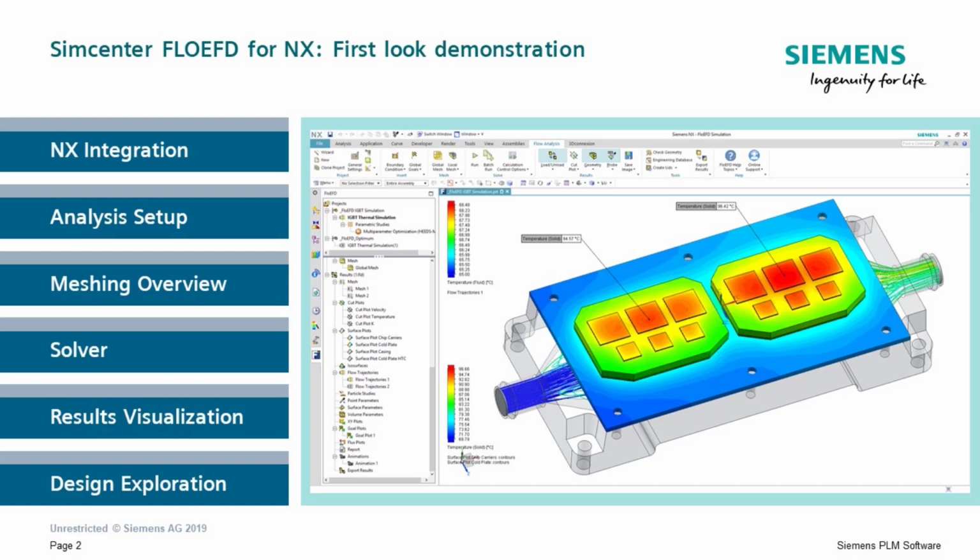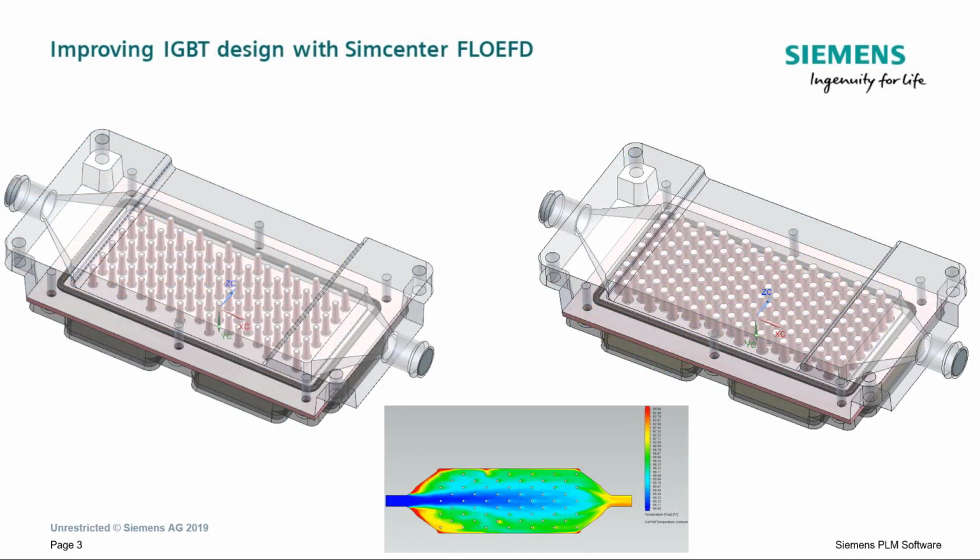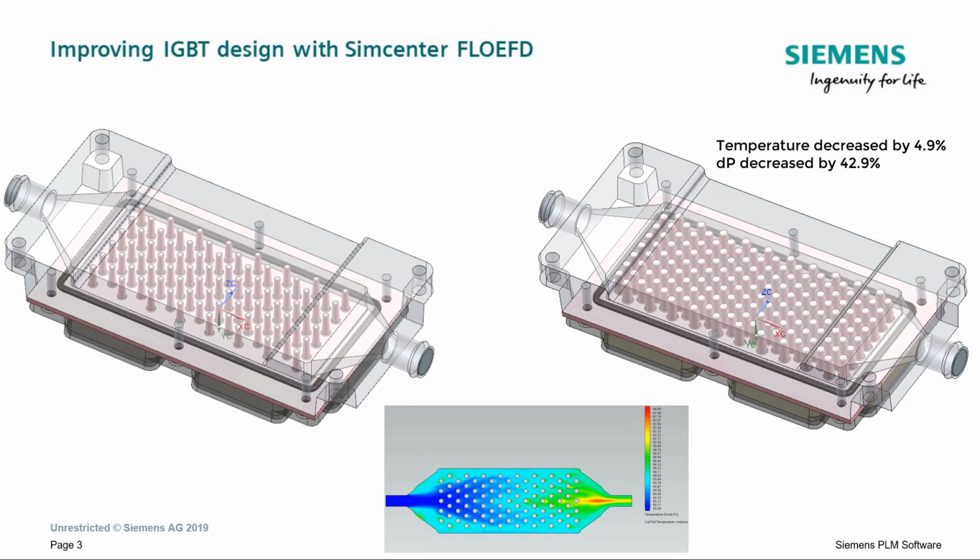By using FlowEFD, we are able to gain important insight into the temperature variation and the flow dynamics of the IGBT module. And we want to see if we can improve the base plate design to achieve better cooling performance. Thus, a new design was introduced. Varying the pin size, draft angle, and pin pattern, we are able to get this new base plate design through an intelligent design space exploration to minimize the IGBT temperature as well as the cooler pressure drop across. Let's take a look at how we did this in FlowEFD.